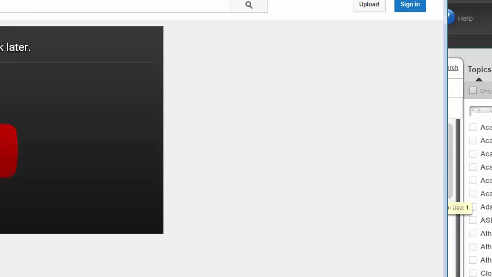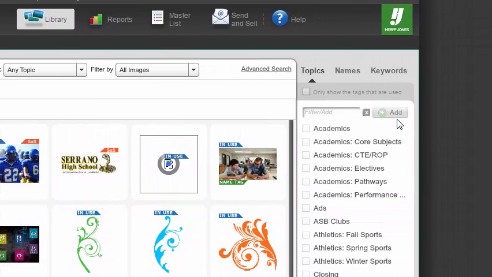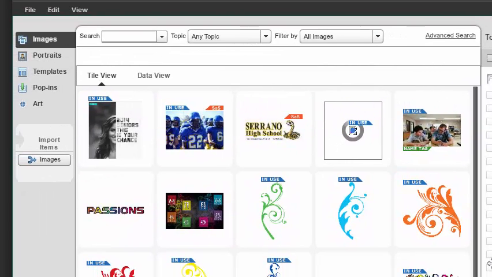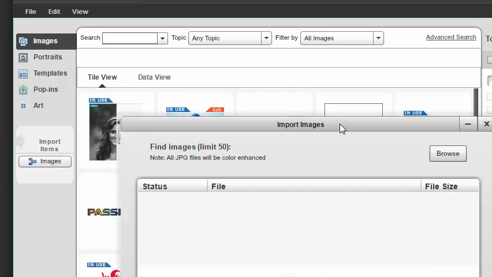And over here, let me close that real quick. And then over here, you can't really see it, but let me pull this over. We have ways to tag. This is crucial for our index. If not, we'll have a hot mess. So what we want to do is come on over here, click on images, and you just